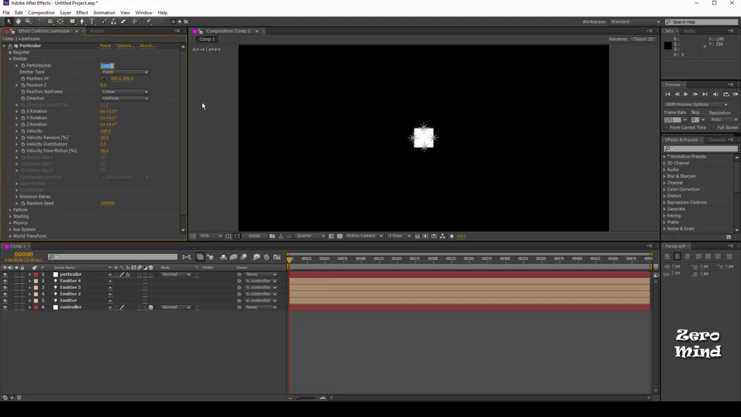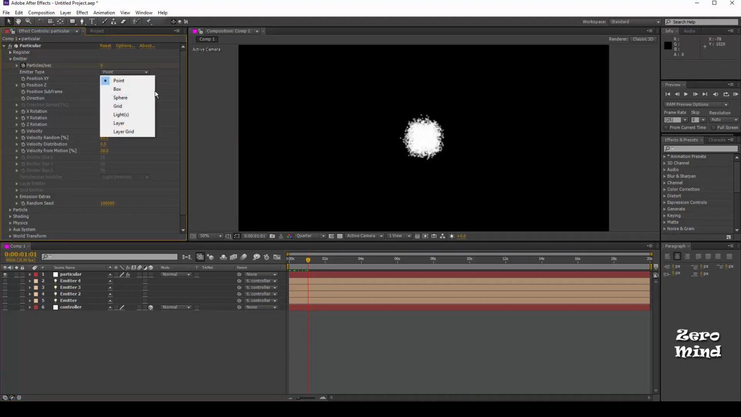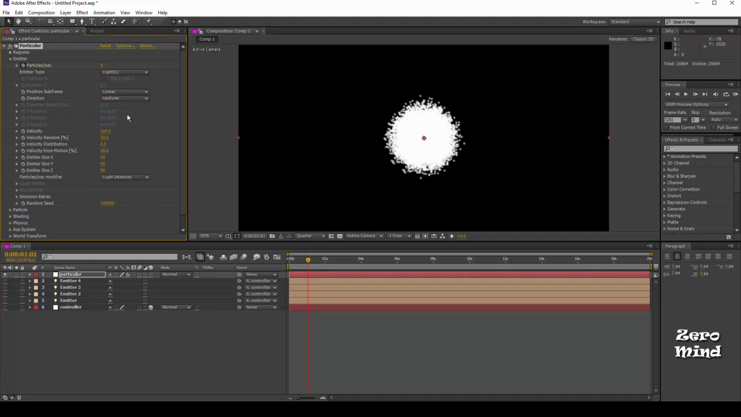I change the particle rate to around 5000 up to 1 second and activate the watch icon. Go to the next frame and put 0 so that the particles will not generate after 1 second. Change emitter type to lights